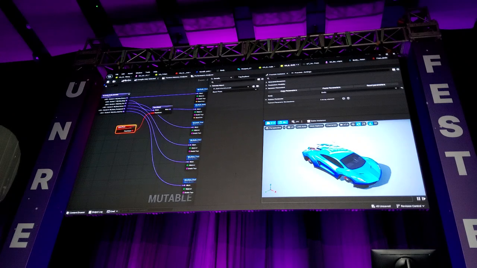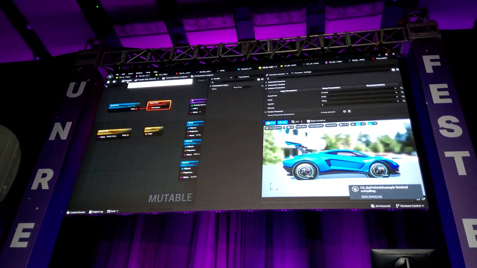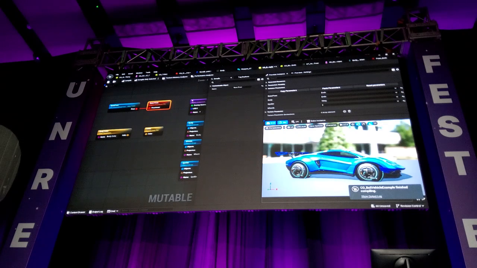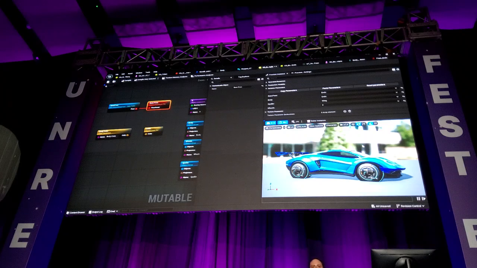I can plug this in, compile and save, and go back and compile this, and now, because of the data table, I have a new option here, and I can choose Endo, and now I've got a much cleaner example of how it should be set up,